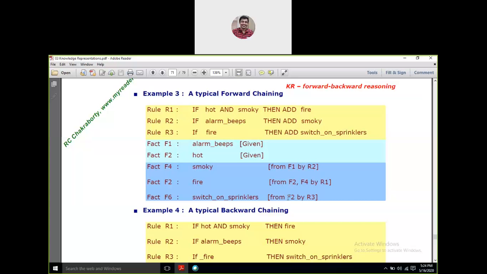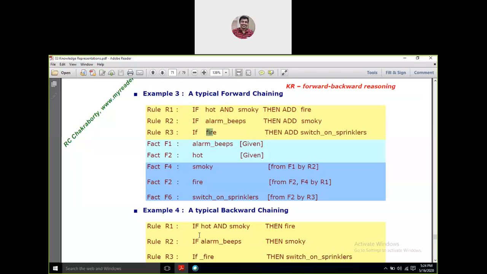So if you go through them one by one, by using F2 and R3, if there is fire and if it is hot, then add the switch on the sprinklers, right? F2 and R3. Yes, if there is fire, then